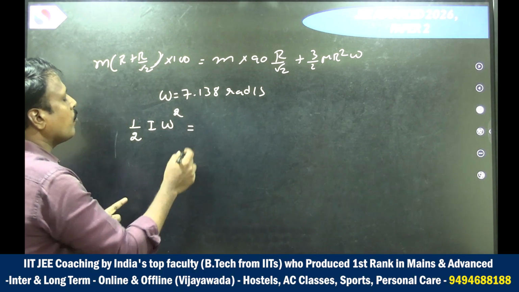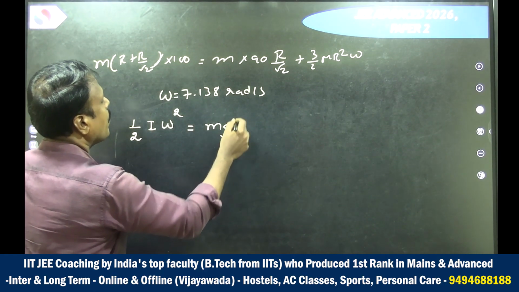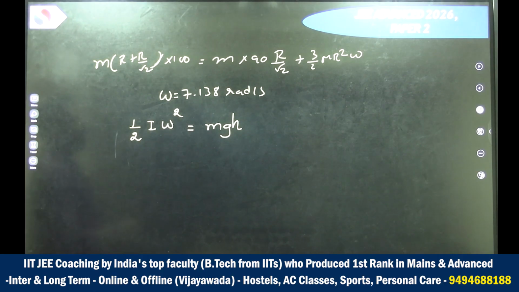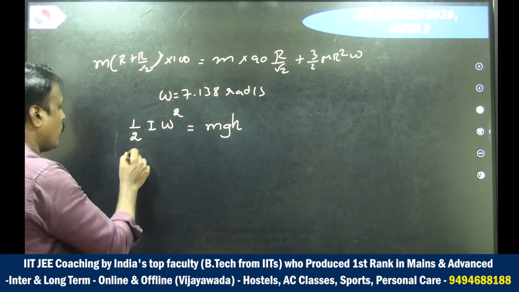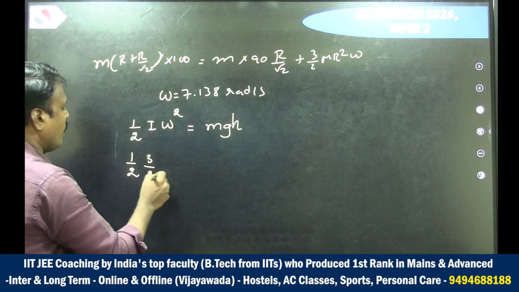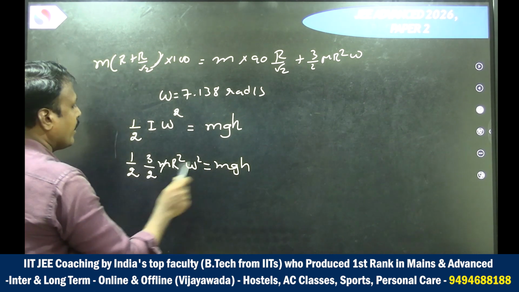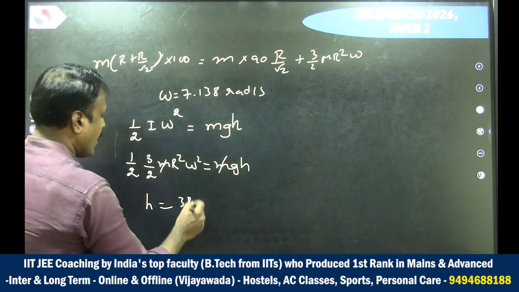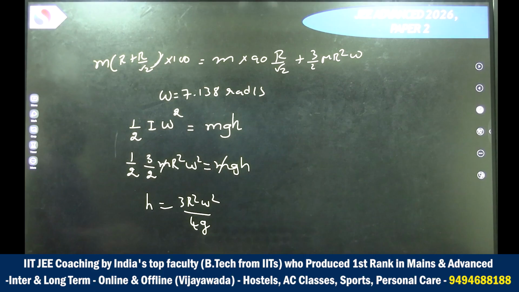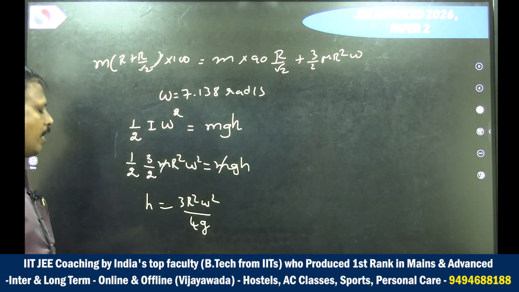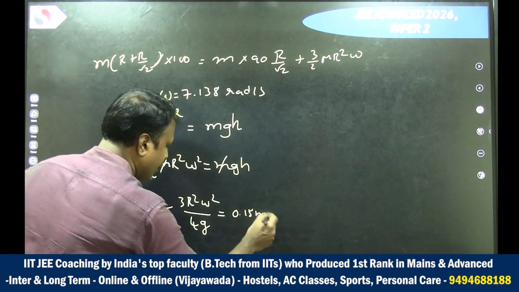Now it is gradually moving up. As it goes, its velocity becomes 0. At one particular moment, it may momentarily come to rest. There the entire energy converts into potential energy. So here, in place of I, you may take 3 by 2 MR square. All the values here we know. So finally, it will become 3 by 4 R square omega square by g. After substituting this omega, which was derived earlier, you will get the final answer as